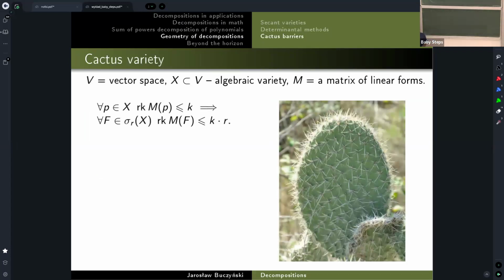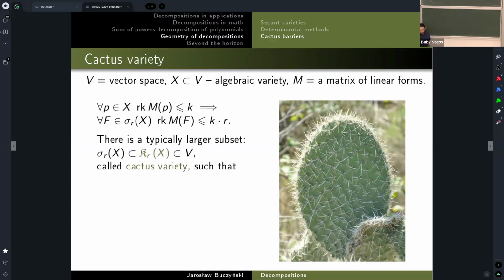Okay, but the problem with this method is that it's never going to work. I mean, it works in the sense that it will give you some upper bound or some lower bound on your R. But there is an obstruction which we call the cactus variety, and it's defined in a very similar way to the secant variety. We have this theorem for secant varieties, but there is this typically larger set,